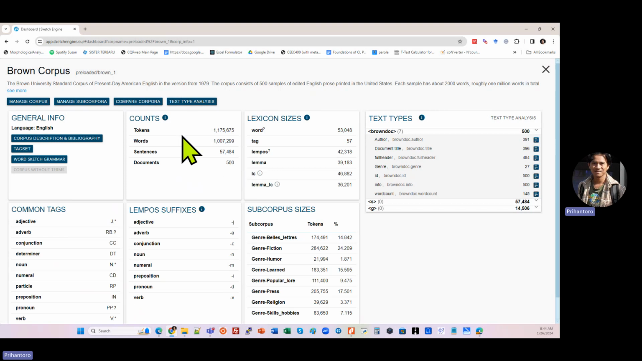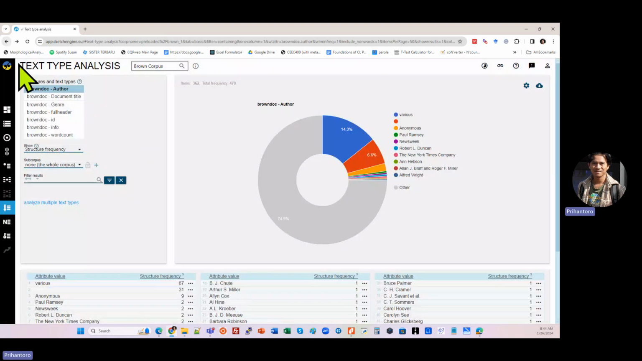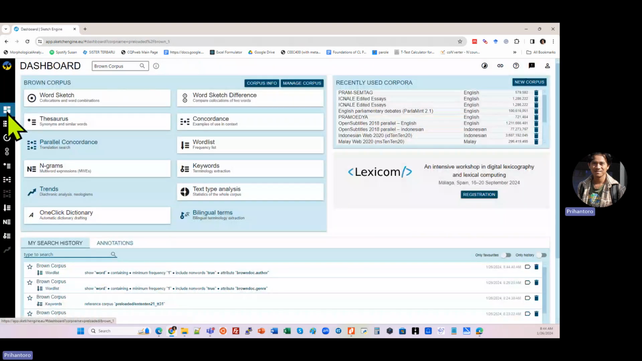You also have the size of your corpus. You can see that under the counts, this corpus has 1 million something tokens, 1 million something words, 57,000 sentences, and so on and so forth. Okay, we are going to talk in detail about this in another video. We can go back. You can click back here on the dashboard, and we'll move on to the next